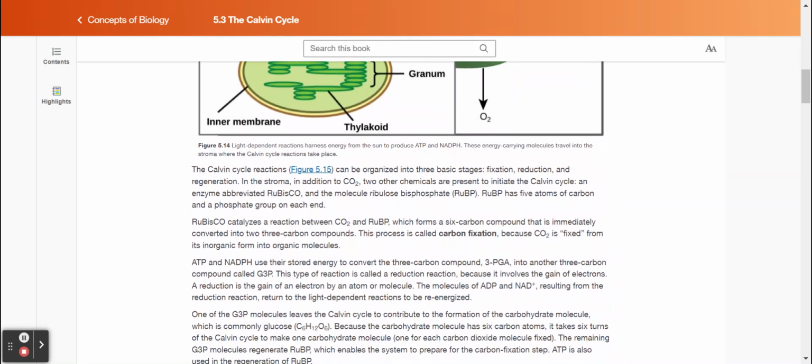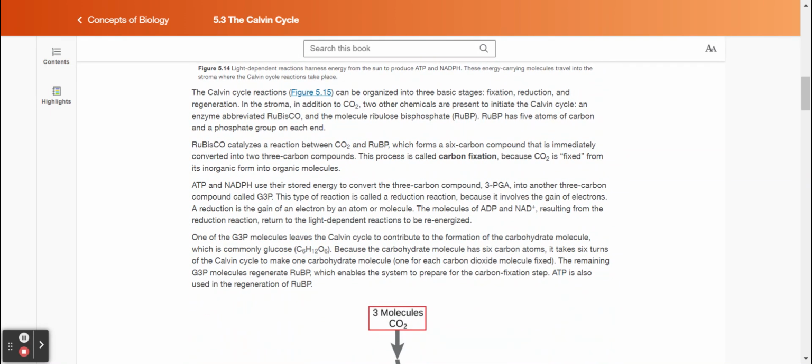The Calvin cycle reactions can be organized into three basic stages: fixation, reduction, and regeneration. In the stroma, in addition to CO2, two other chemicals are present to initiate the Calvin cycle: an enzyme abbreviated Rubisco and the molecule ribulose bisphosphate, RuBP. RuBP has 5 atoms of carbon and a phosphate group on each end. Rubisco catalyzes a reaction between CO2 and RuBP, which forms a 6-carbon compound that is immediately converted into two 3-carbon